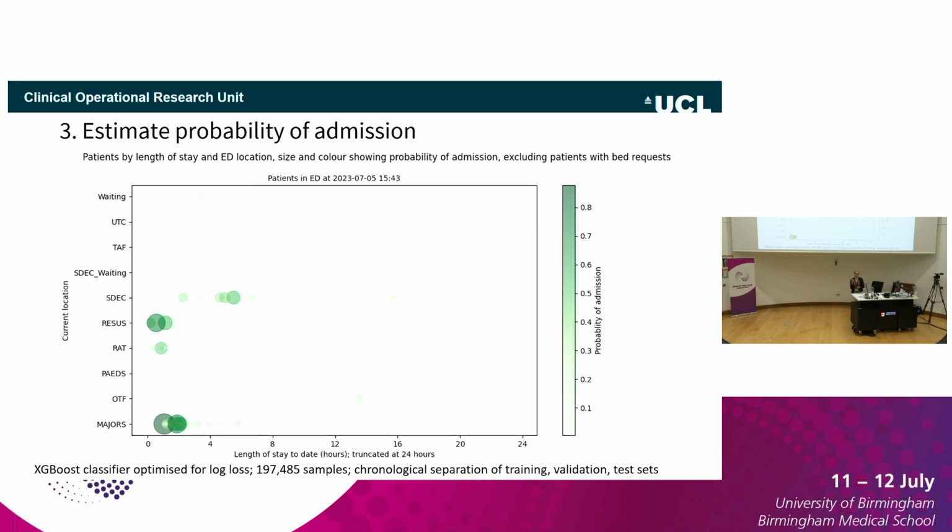And what's interesting about this view is you can see here are some patients which aren't yet known to the bed planners, but they've got large dark circles. So those are the ones with high probability of admission. You can see there's one in resus and there's one in majors, and there are several others who could be worth thinking about if you're a bed manager. And I've just really to make the point that these are the patients they don't know about, so the ones that could factor